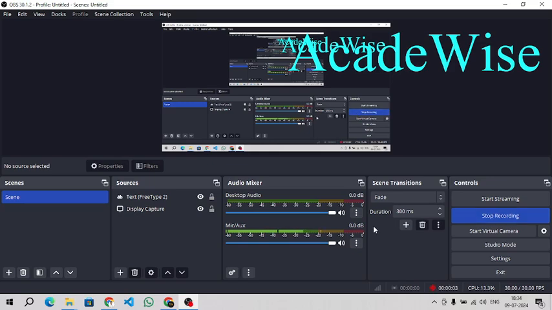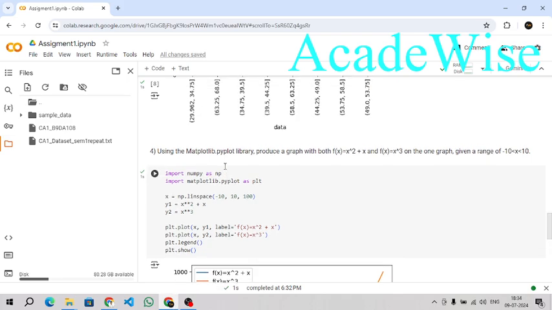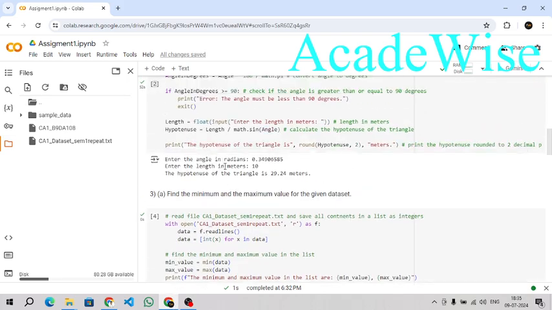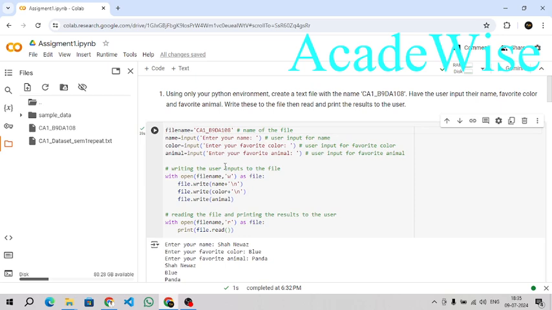So for this task, brother, you have to do it in the Colab. So how do we do it? I have done these things one by one. Our first task is, using only your Python environment, create a text file with the name ca1_b9d_a108 and ask for user input for name,